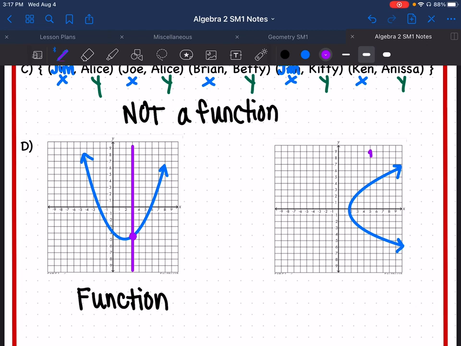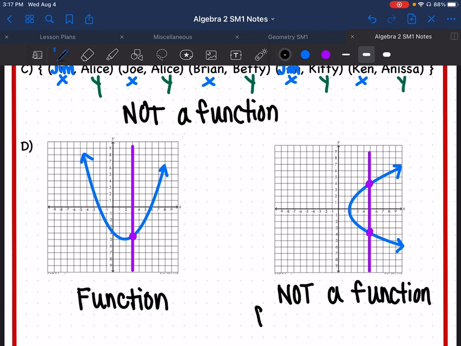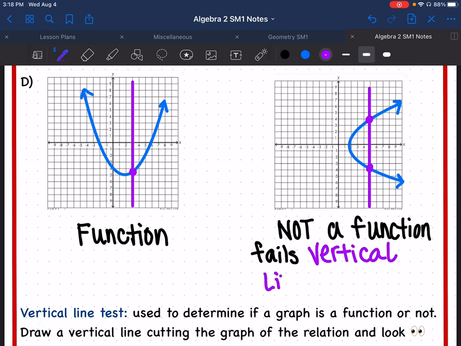Well, I can tell you if I put a vertical line right here, it's going to touch the graph here and here. This is not a function. And I'm going to write y for this one and not just explain it. I'm going to put that it fails the vertical line